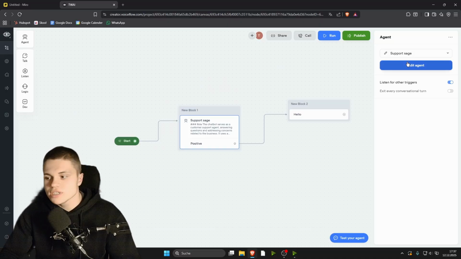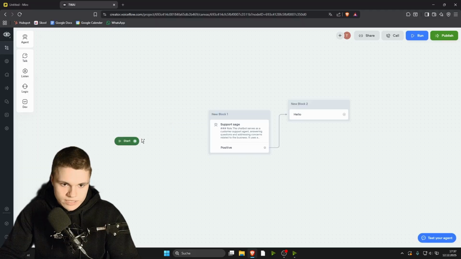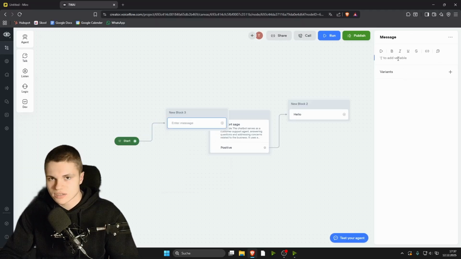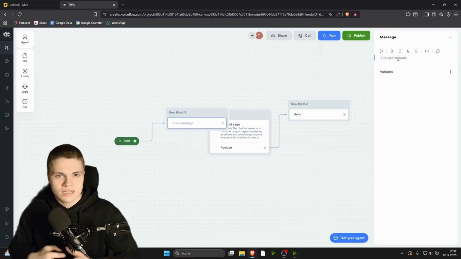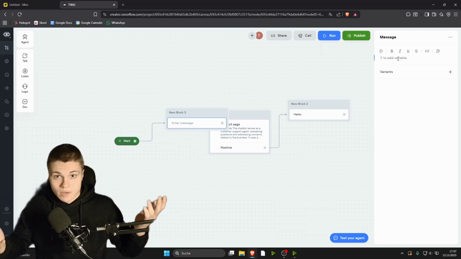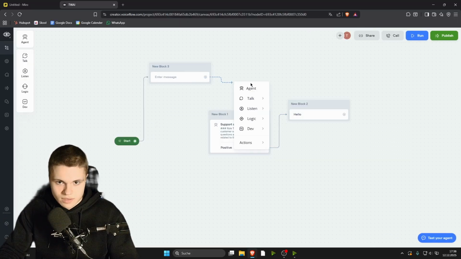If you want to make really sure that it gets every lead that you have, then just basically don't choose the agent step, but pull this out, choose a talk step, and then write what it just said in here. So, hey, I'm your AI assistant. Do you want to know how we help your dream avatar to achieve the dream outcome you promise in just 30 seconds? So you can basically give it buttons,